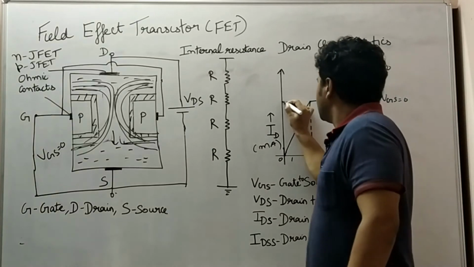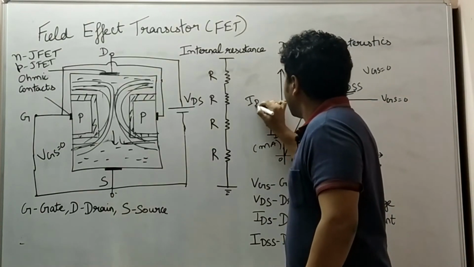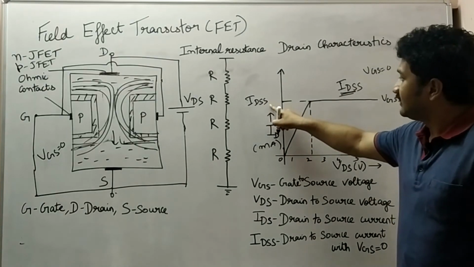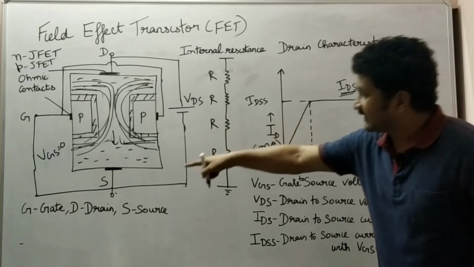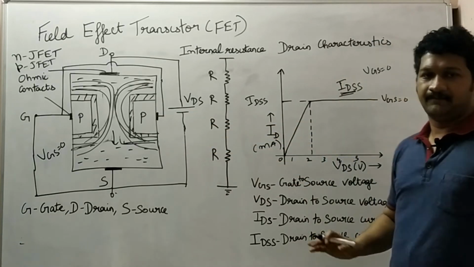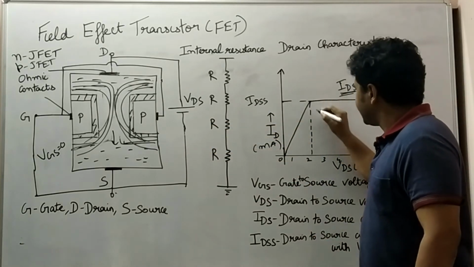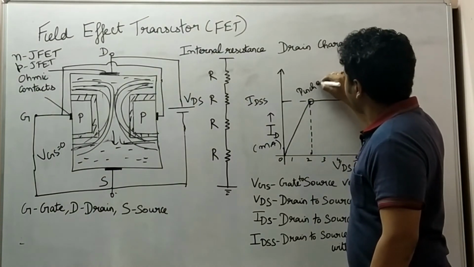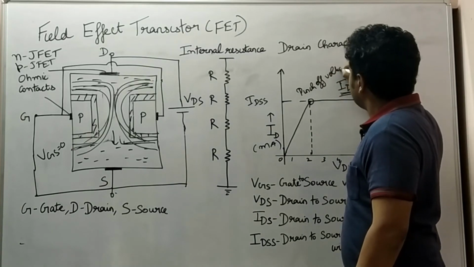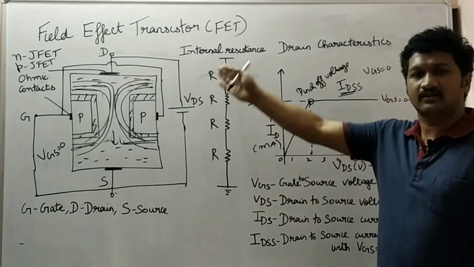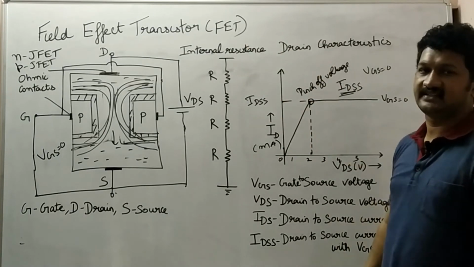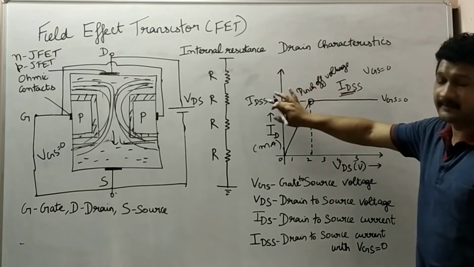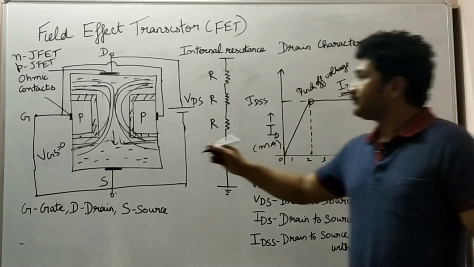Okay, so this point is called IDSS. This IDS is drain to source current and S is VGS equal to 0. Gate and source are shorted with no bias. This voltage is called the pinch off voltage, where there is no further movement of electrons allowed from drain to source region. Okay, that is one point where when VGS is 0, we obtain maximum drain current because there is no influence of gate.